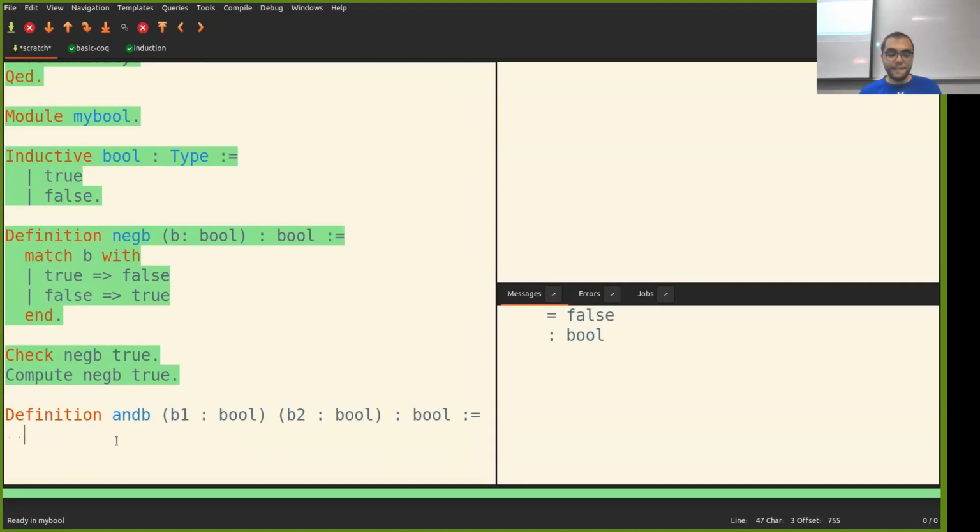If B1 and B2 are both true, then it's true, otherwise false. Right, match both, B1 and B2. Can you do it with one match? I will write it the way you said, but let's first match B1. And I'm going to say if B1 is false, return false. And if B1 is true,